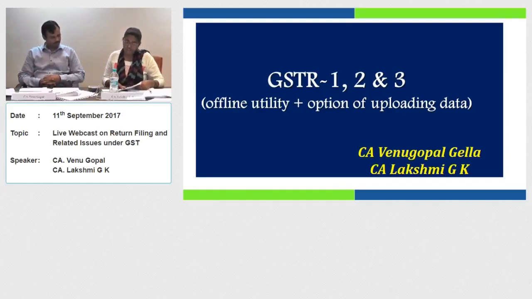How to show the SEZ sales with payment of IGST in GSTR-1? And if the SEZ unit does not want ITC credit, then what to do? I think the question is right, but the understanding of the concept is a bit different. In case you are making a supply to SEZ, it is zero rated, and if you want to